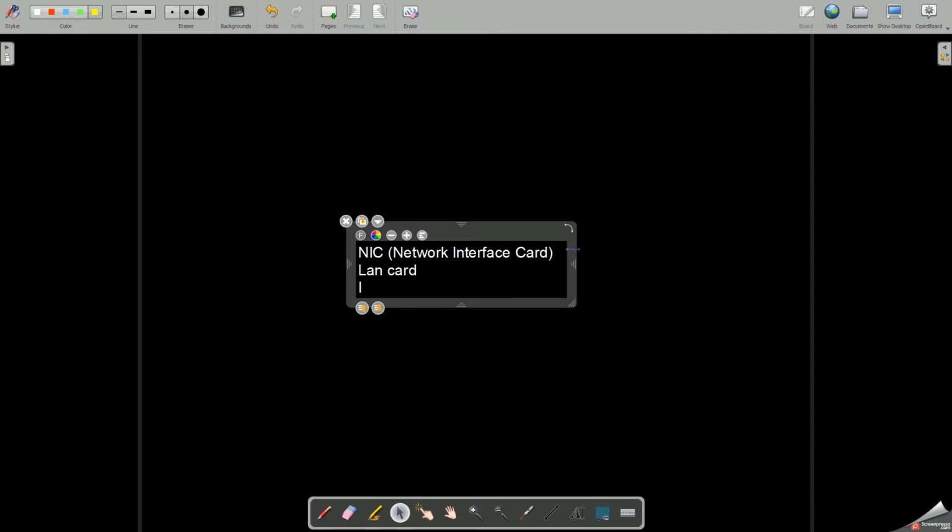It is also known as an internal modem because it is fixed inside the computer. It is fixed in a slot on your motherboard, and hence it acts as the internal modem.